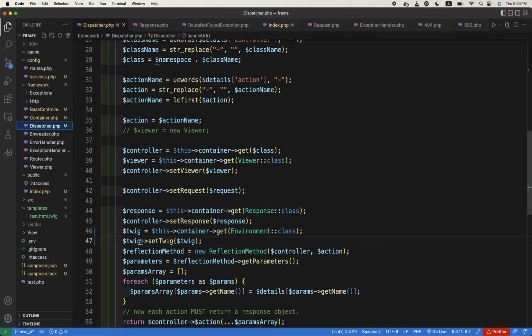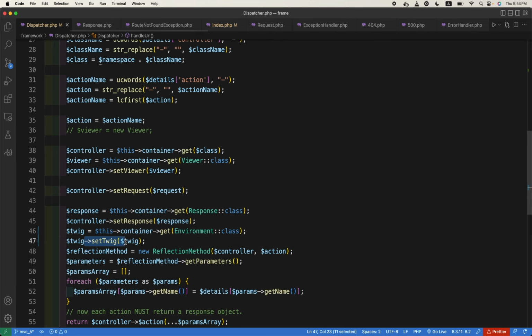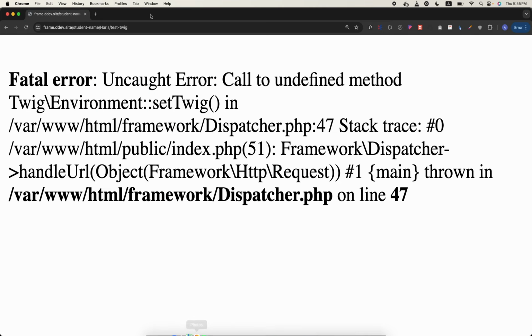Yes, this is not twig, this is controller, container. This one, the controller, we are assigning it to twig, not twig, controller. This method is on controller, not on twig. We are using the twig variable, right? Yes. So if I refresh the page now,